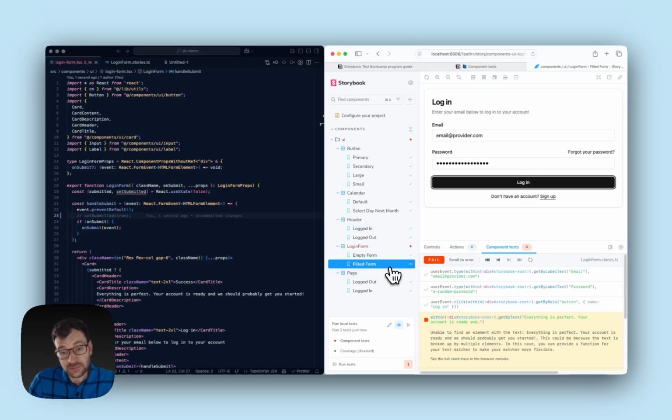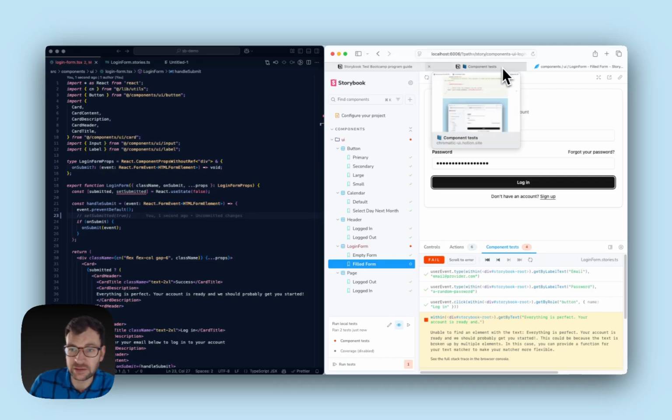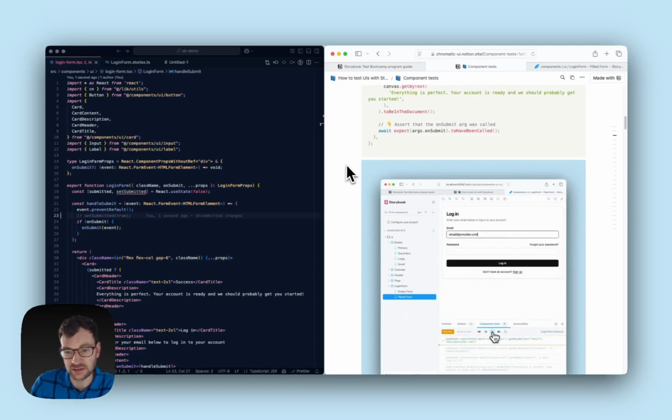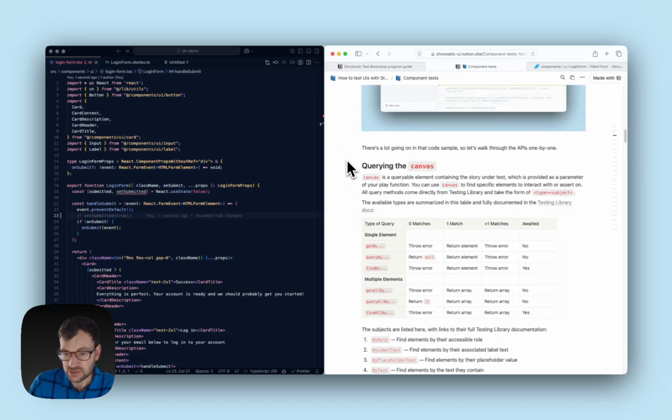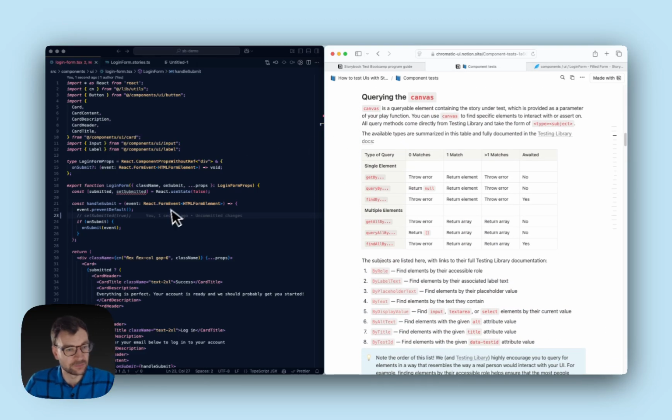So that's the easiest way to run your component tests. Of course, add-on test runs those through the vtest CLI. It's just doing it kind of behind the scenes for you when you do it in this Storybook UI. And so you can run it through CLI, and then you can do that in CI as well. So let's go back to the guide and walk through some things in a different way. So let's look at that API again. So we've got